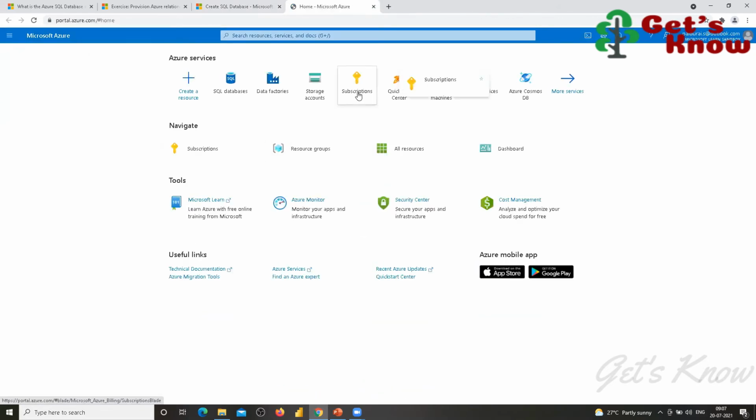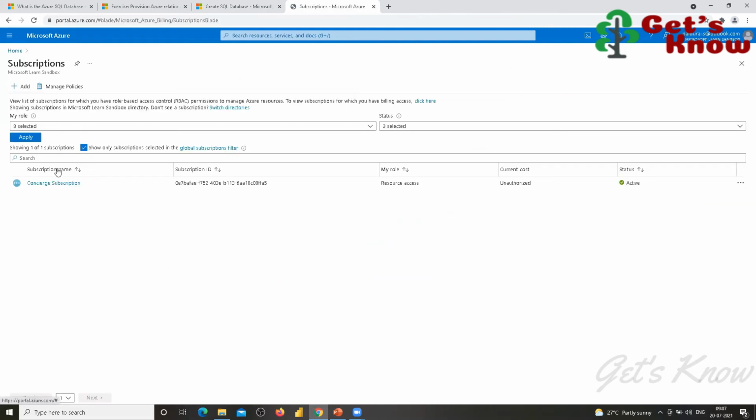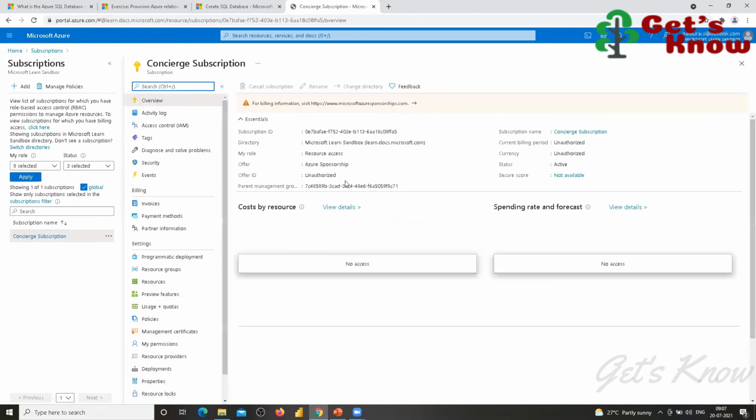In the subscription, right? Usually yes, in the subscriptions, the pay as you go subscription detail will be there. Once you click this page, it will show all the cost by resources, whatever resources you have used, all will be listed here. I'll show you in my license one after the session.